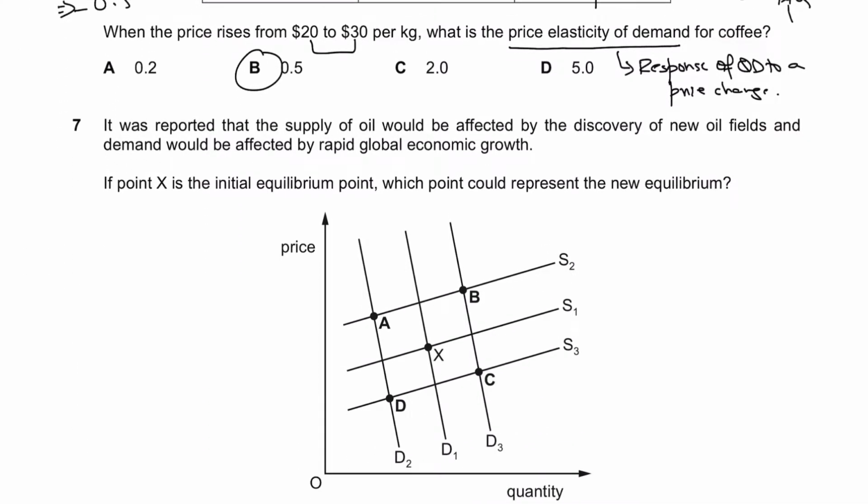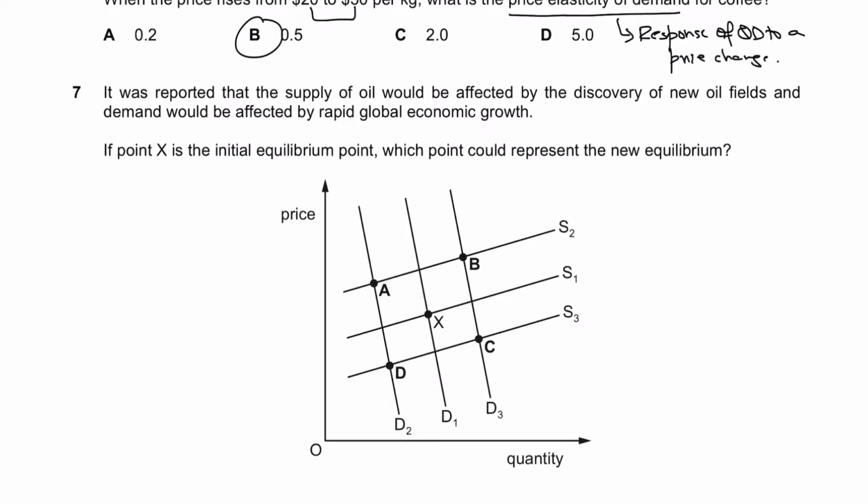Question number 7 says, it was reported that the supply of oil would be affected by the discovery of new oil fields, okay, and demand would be affected by rapid global economic growth. So usually in these kinds of questions, in recent years, we have seen that the examiner is testing a shift in demand and supply both. So remember,